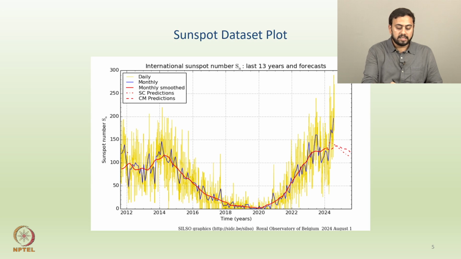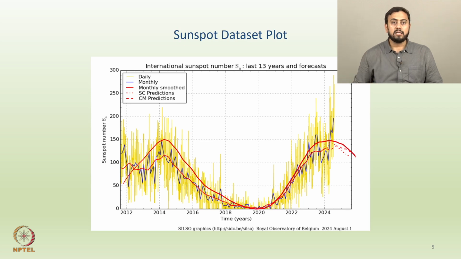In any case, this is exactly how the sunspot data behaves. The yellow line is the daily observations, the blue line is the monthly data, and the red line towards the end shows the forecasts and the fitted model, alright. The actual data is given by yellow and blue, and even here you can see the same typical behavior. The number of sunspots grow, then they start falling, and then this might be a recovery phase where it again picks up and possibly comes down again. So, the number of sunspots behave in a cyclical manner.